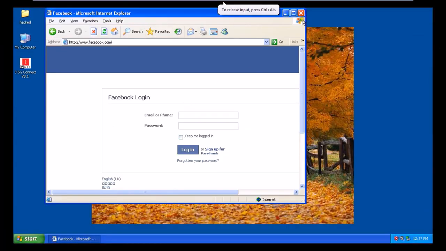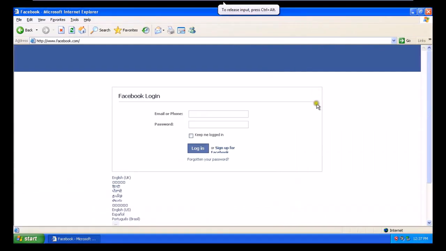Now, as you can see, this is the page that my victim has opened.